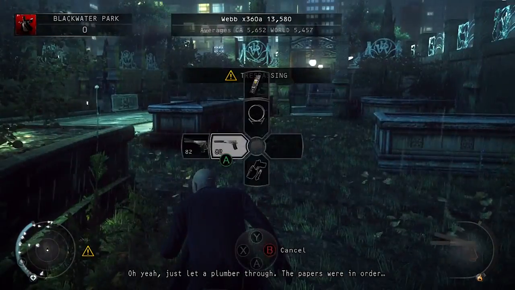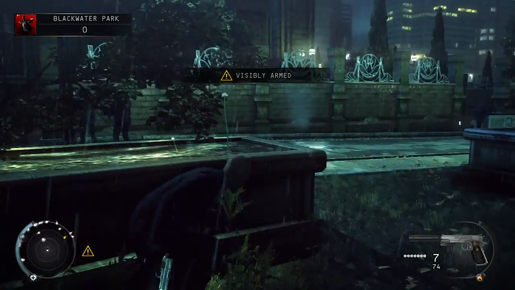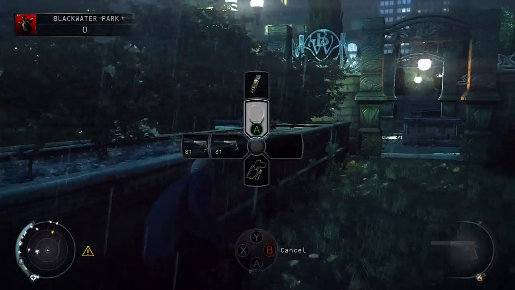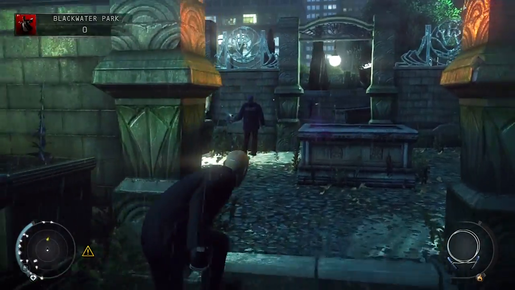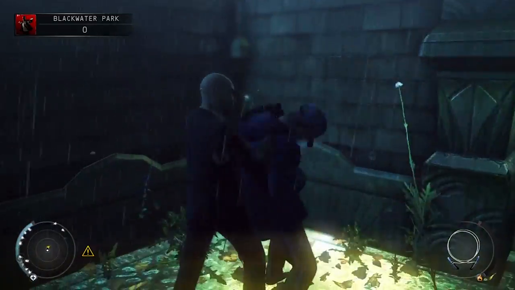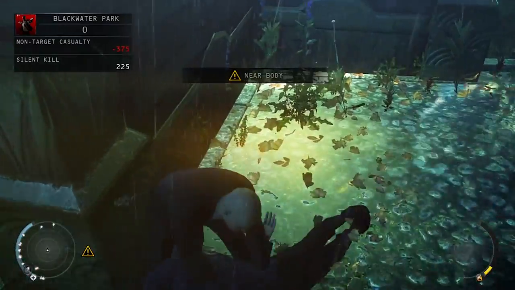Sprint to the right here, pull out your gun, and shoot a bullet on that outside wall. And make sure you change cover here. There's a guard in there, and we want to get his disguise. He will walk out and you'll miss him by about 1 to 2 seconds every time. Unless you shoot that wall, you basically have to wait another 2 or 3 minutes for him to come